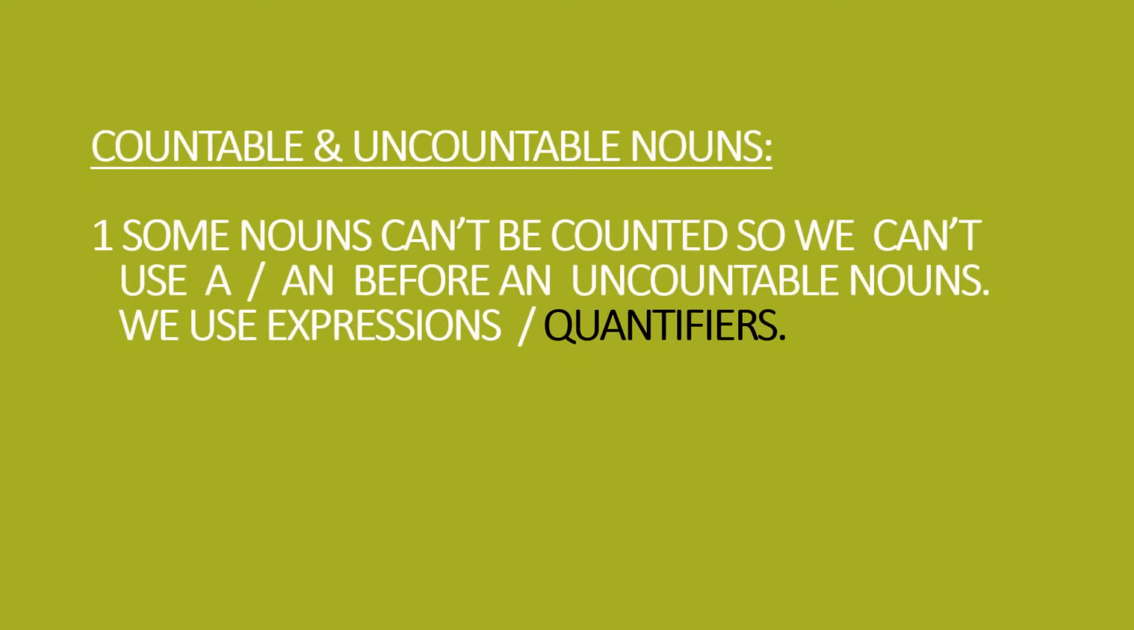Countable and uncountable nouns. Countable nouns are all the nouns that we can count. For example, pencil, car, one car, two cars. Uncountable nouns are all the nouns that cannot be counted. For example, sugar, water. Some nouns cannot be counted, so we cannot use the article a or an before the uncountable